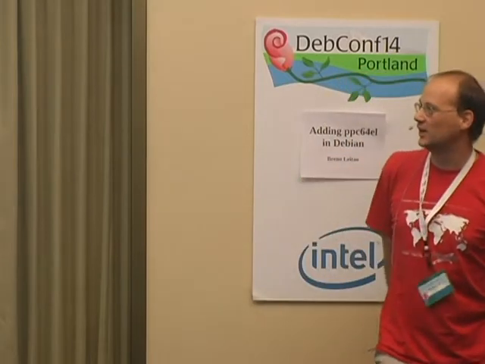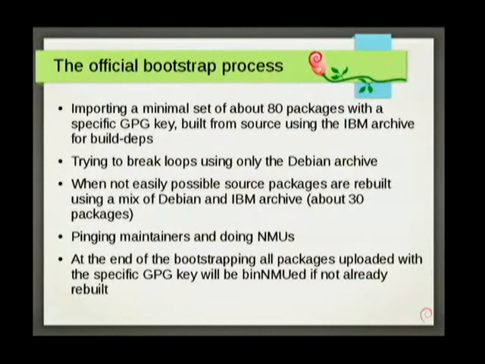So, how we did the official bootstrap process. We imported a minimal set of around 80 packages. They are signed with a special GPG key. So we reuse the sources from Debian but build them against the IBM archive. Then we upload this minimal set of packages and start the build daemons. You can build a lot of packages that way, around 1,000, but then you arrive at some build dependency loops and you have to break them. When they were easy to break, involving 4, 5, 6 packages,